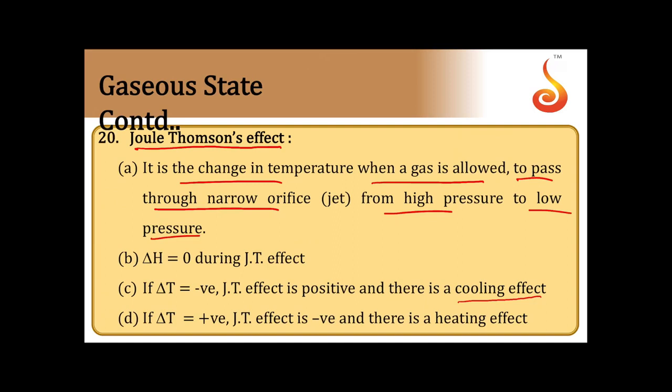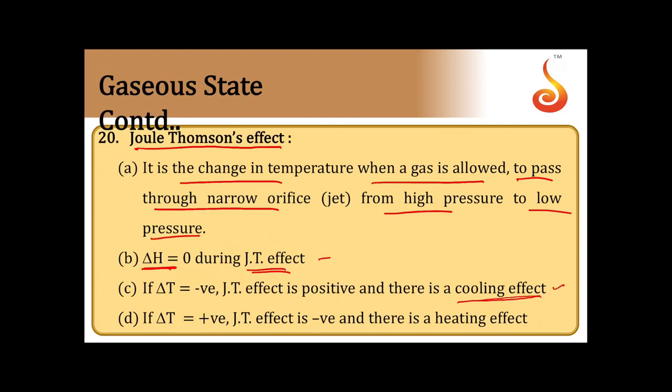So therefore, under adiabatic conditions, whenever a gas is allowed to expand on its own, we can see a decrease of temperature. That itself is called Joule-Thomson effect. So a cooling effect can be observed under adiabatic conditions. Under isothermal conditions, since we are keeping temperature constant, we cannot see a drop or an increase of temperature happening. There we say there is no Joule-Thomson effect. When delta H is equal to 0, no Joule-Thomson effect.